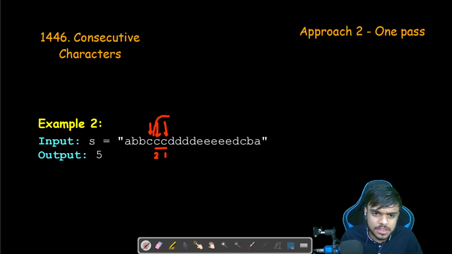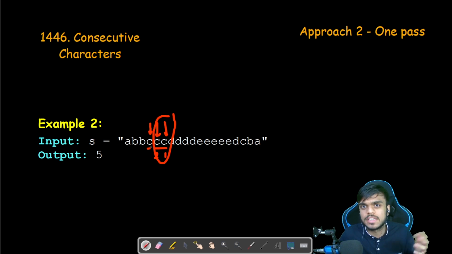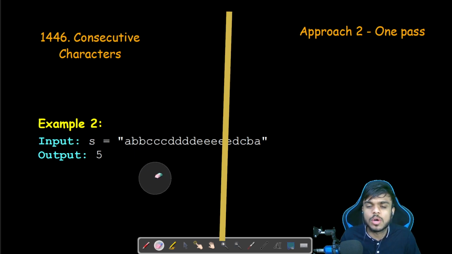Now, this operation, if you look at closely, is already done for the previous C. And we know that this condition that we are checking, how many maximum length substring we are getting, is already calculated and we definitely know this wouldn't be included in our final power. So we are just optimizing that by removing these redundant checks that we are doing. Okay, so let us look at code how we can do that.